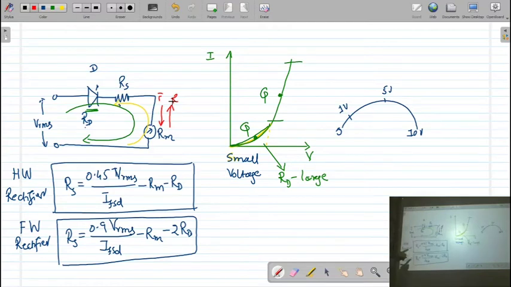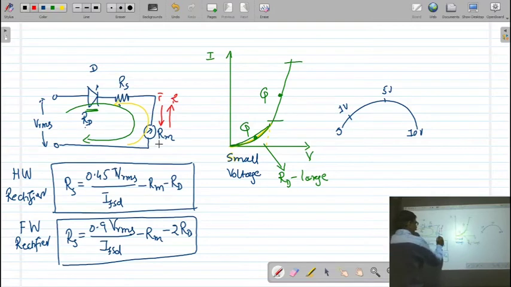So whatever the deflection is, this deflection is not only due to the forward or only due to the reverse. It is an addition of both currents. So here the forward current is, let us say, 500 microampere, but the reverse current is 10 microampere. Then the meter will indicate, or the pointer will be deflected, according to 490 microampere.